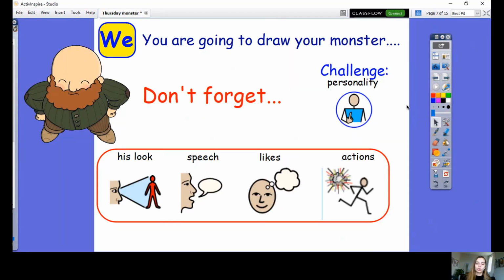Now it's your turn to draw your giant, so your monster. So don't forget, you're not only drawing your giant, but you're also writing around it what he says, drawing lots of detail by the way he or she looks, what they like to do, what horrible things do they like to do, and maybe you're going to challenge yourself, their personality. So just like mine, you're writing all about your giant. So not only are you drawing the picture, you're writing all around it.